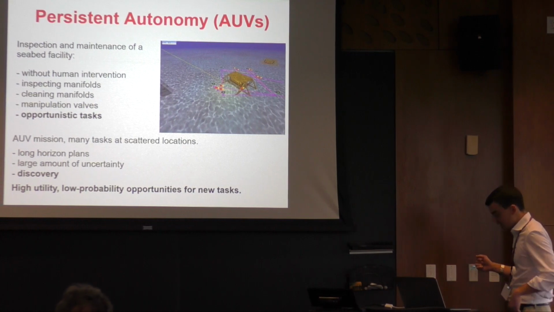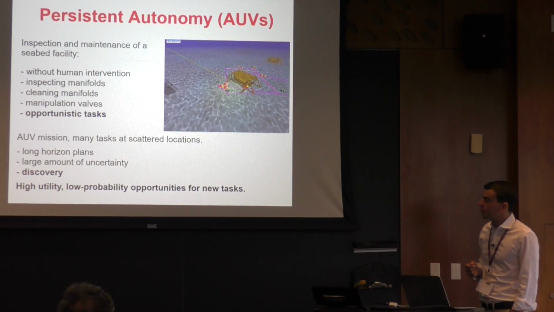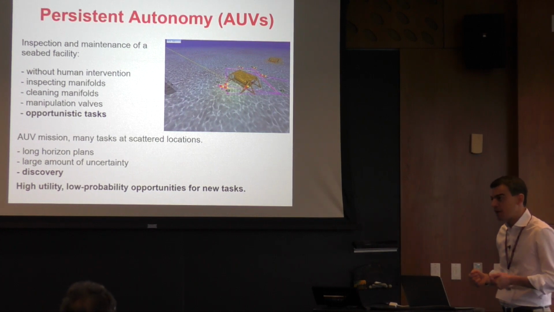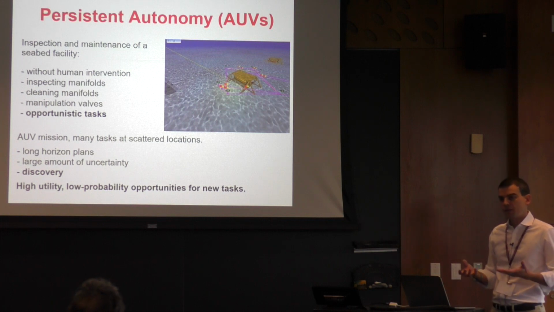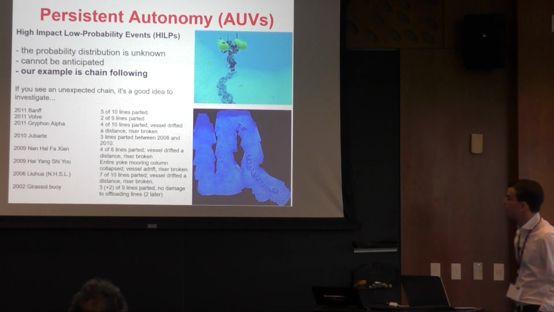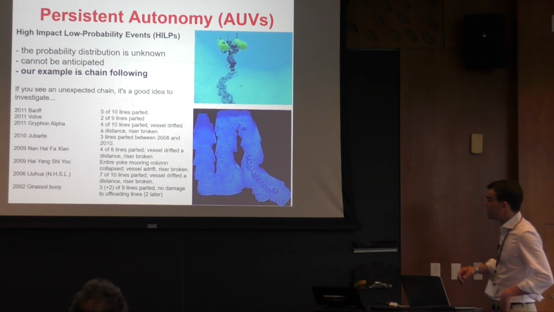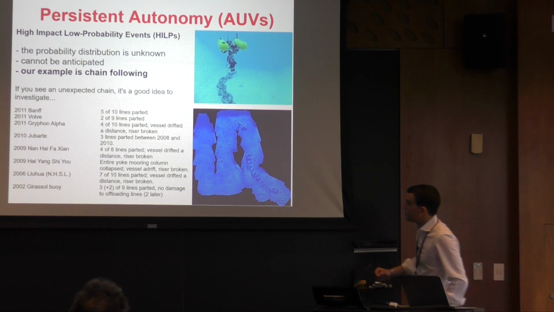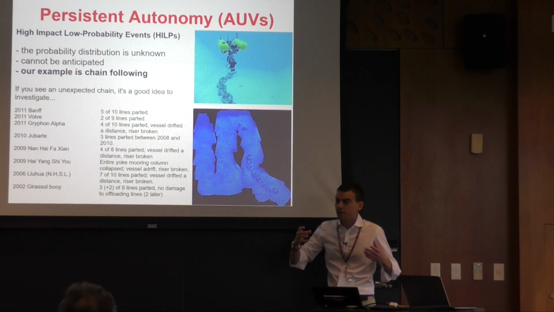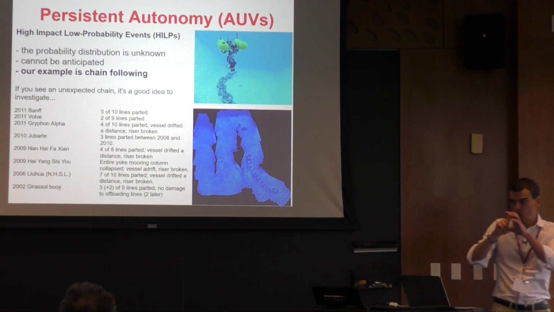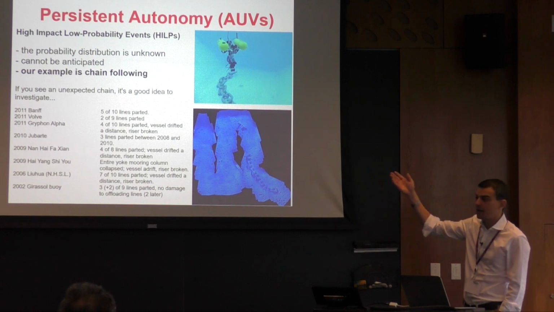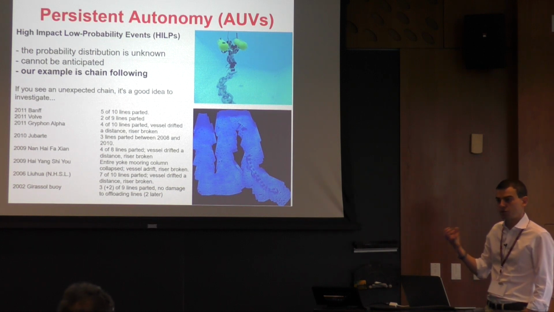And the point here is that you might have high utility, low probability opportunities, meaning that while the AUV is operating, running the mission, there might be something that you discover that is very important to handle. In particular, in the underwater domain, something very important is to discover chains, right? These are some examples of problems we had in the past where, for example, we were supposed to have a boat linked through chains to some other structures, but then it was discovered that actually all those lines were missing, right? So they were not connected as expected.